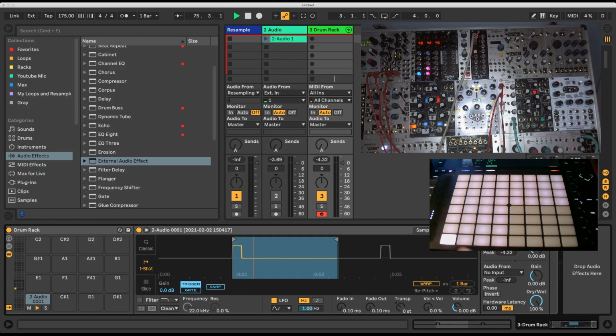So I'm fairly certain that 1 to 4 is the first 4 inputs of the ES8. So I think 5 is output number 1. Let's see. No, that's output number 5. Okay, that's not what I want. So let's try